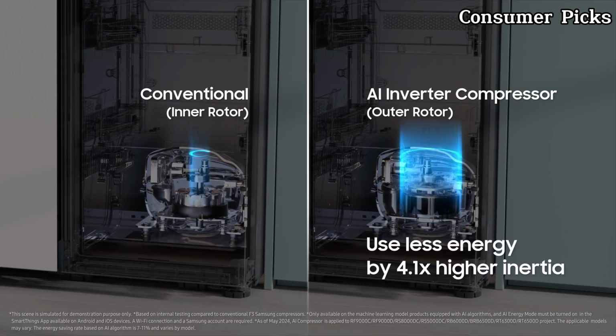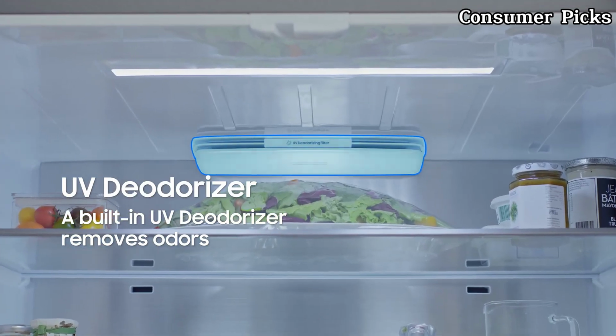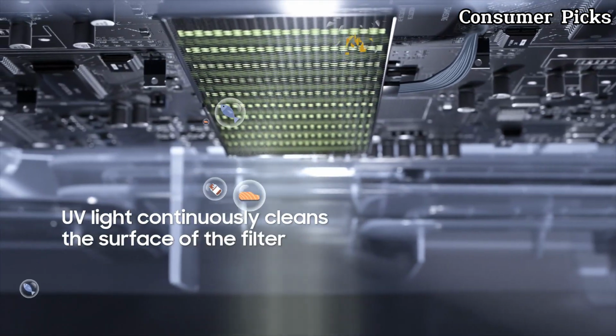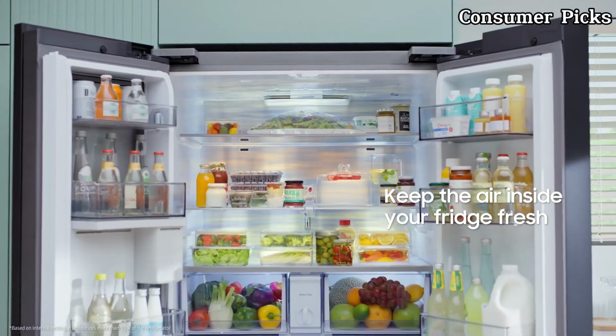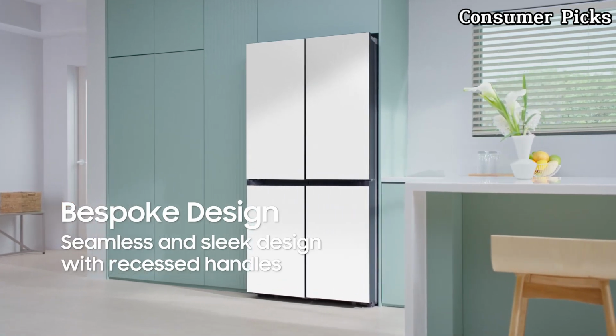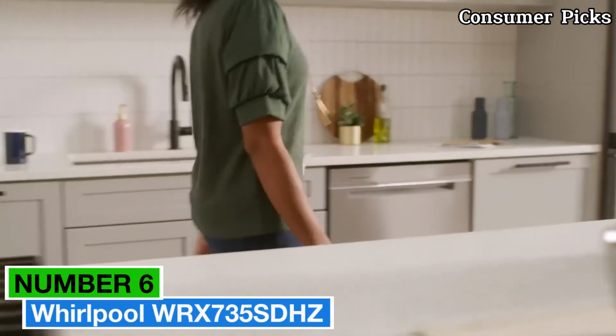The energy-efficient LED lighting brightens every corner, making it easy to find what you need even in low light. Moreover, the smart technology integration allows you to control the refrigerator remotely via the SmartThings app, giving you the ability to monitor and adjust settings right from your smartphone. This feature is especially useful for busy families or tech-savvy users. Number 6. Whirlpool